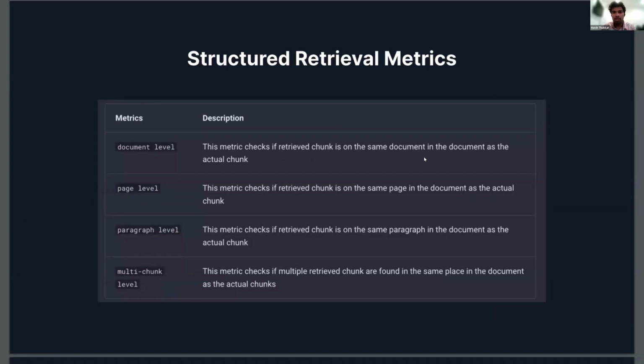Then we move on to structured retrieval metrics. These are particularly used to evaluate your RAG performance. So we have different metrics like the document level matrix, the page level matrix, the paragraph level matrix, and the multi-chunk level matrix. Basically, these are the different stages which help you to identify,